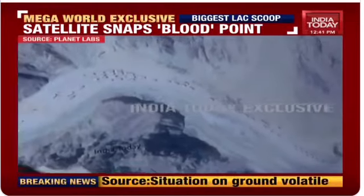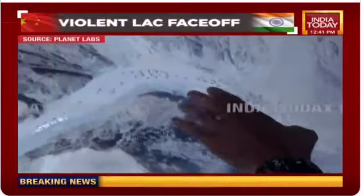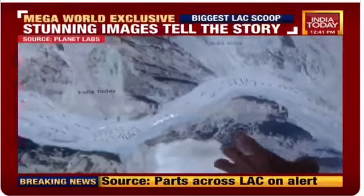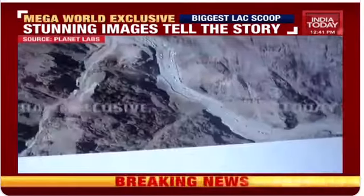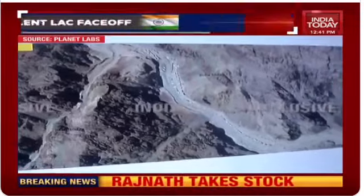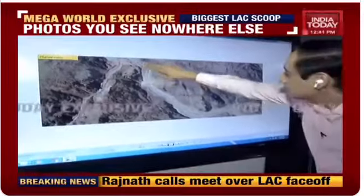Here you see the kind of deployment the Chinese have. So they've got a huge number of weapon systems, huge number of vehicles that have been brought in, and they've set up camps. So they've set up some tents. I want to take you to our next picture. Now all of this is essentially from that one large mega high resolution picture. Here you see on this side the Chinese